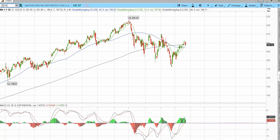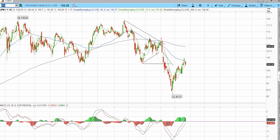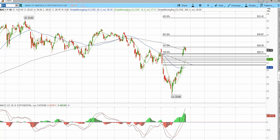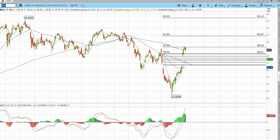PayPal, MasterCard, Visa. Let's look at the banks. Sorry about the lengthy video here. JP Morgan, Citigroup. They just look like they've come a long way. This Bank of America does look really good. It's a bull flag above a 200 SMA. And I tell you what, that's another stock